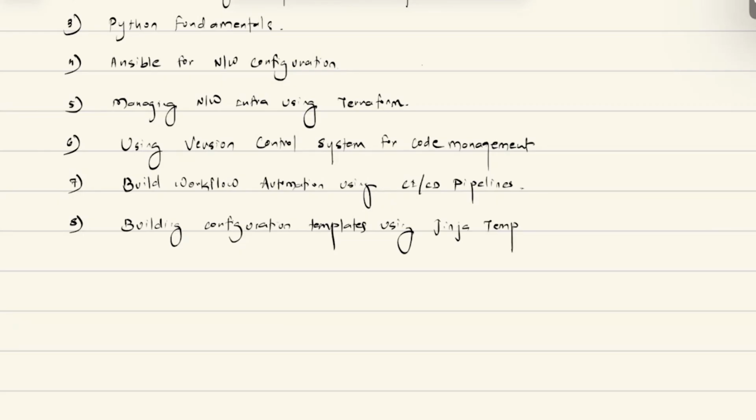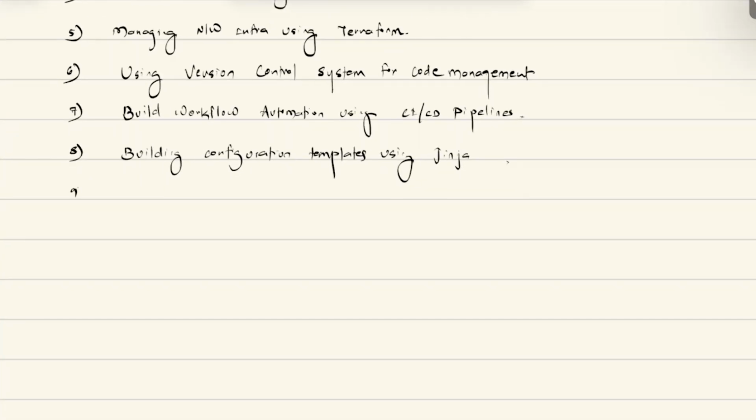Now, Jinja is a templating engine, which when we talk about scale, lets you communicate with network infrastructure and create different or device specific configurations by using templates. Okay, so we will learn about that also.